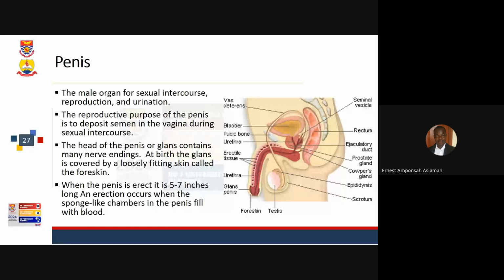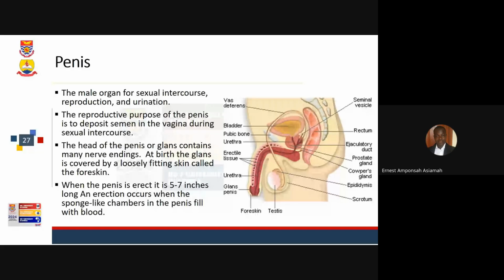So when they are checking, they check the scrotum to see that the testes are present there. Then they know that it is okay. If it is not there, it's better to work on that baby as soon as possible and bring the testes out. Please, I hope the explanation is clear. Yes, please. Thank you, sir.